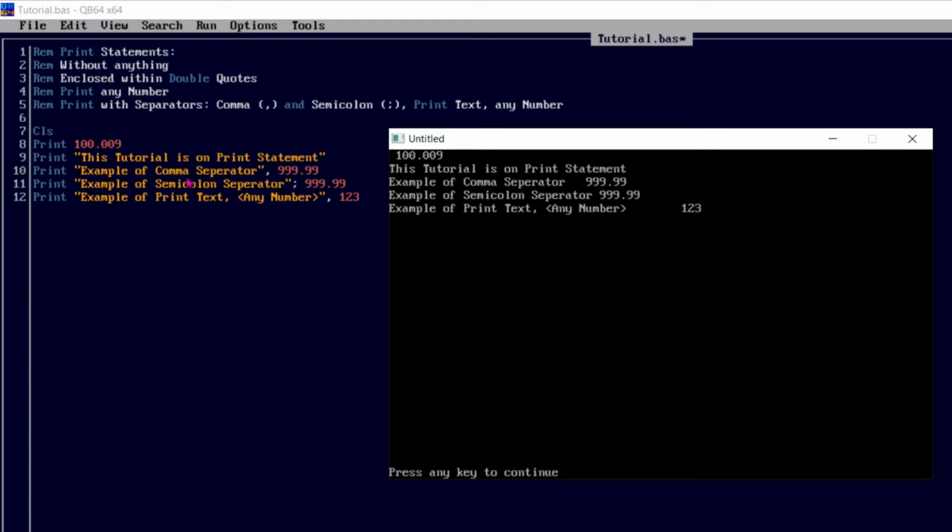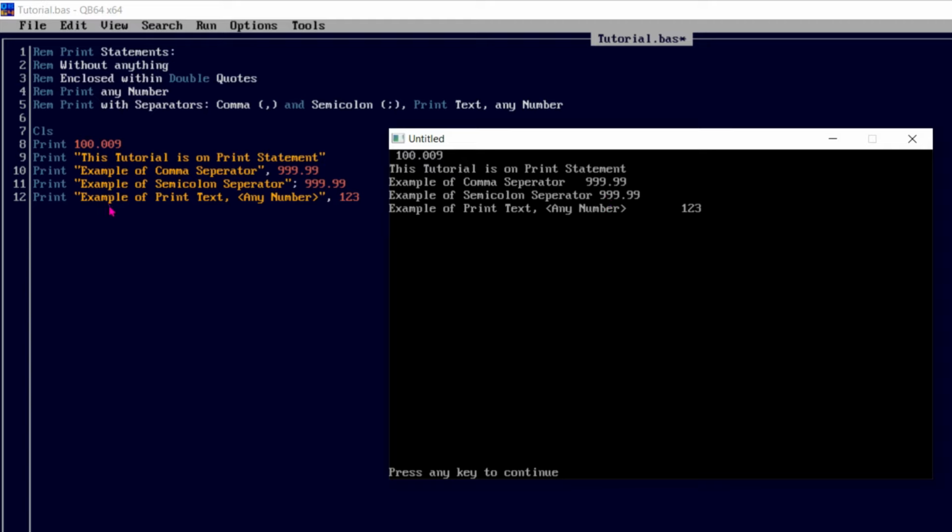For line number 10, example of comma separator, we can say it created this space equivalent to tab, and for line number 11 it created space equivalent to the space bar. So we can see the difference.